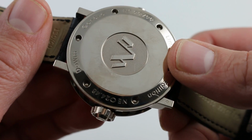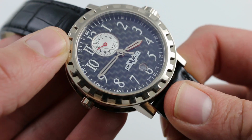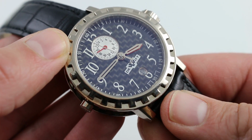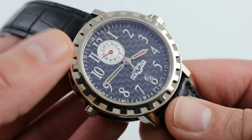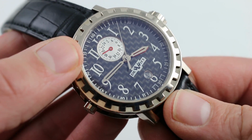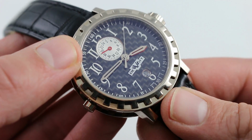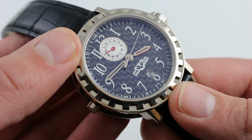Inside, beneath the caseback, this 1 of 99 special edition features 2 unique movements. One is the modular element that DeWitt adds. DeWitt does build its own modules, and below that, the base is an ETA 2892A2. Very precise, very thin. It does endow this DeWitt with wonderfully smooth winding action on the wrist, in as much as those ETA calibers